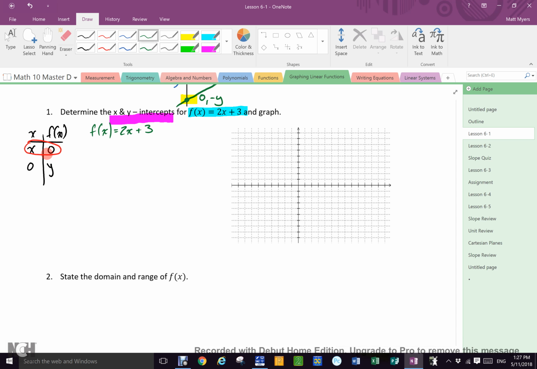I have an output because the f of x is 0. What is that? That is the f of x, isn't it? And it tells me right here that my f of x is 0. So what will I write there? 0 equals 2. What's my x? It's still an x. Plus 3, correct? How do I turn that x into a number? I use algebra. Now,